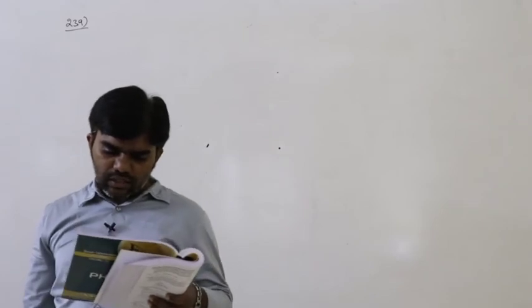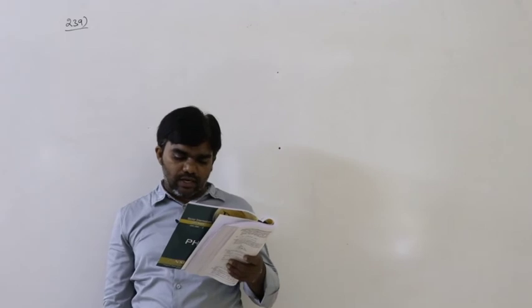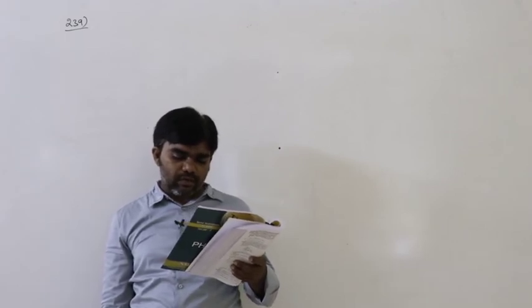rod can slide on the rails frictionlessly. The rod is tied to a massless string which passes over a pulley fixed to the edge of the table. A mass M is tied to the other end of the string and hangs vertically. A constant magnetic field B exists perpendicular to the table. The system is released from rest.